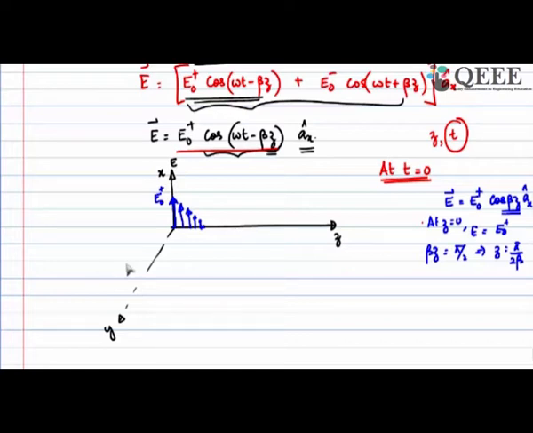Similarly, at z equal to minus pi, so let's say at this point z equal to pi by beta, it would reduce to minus 1, which means cos would reduce to minus 1. So my vector is reaching minus E naught plus. And again, after one more quarter cycle, it will go to 0. So if I take the envelope of this E naught plus,